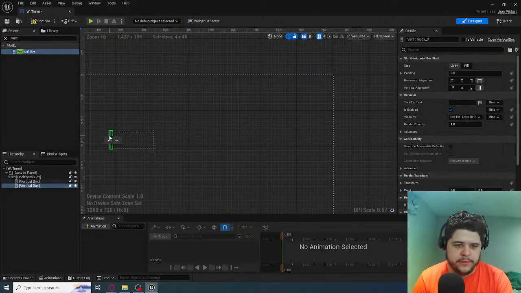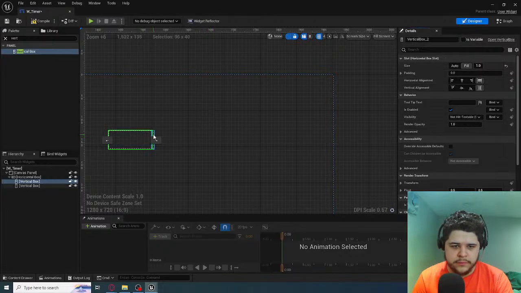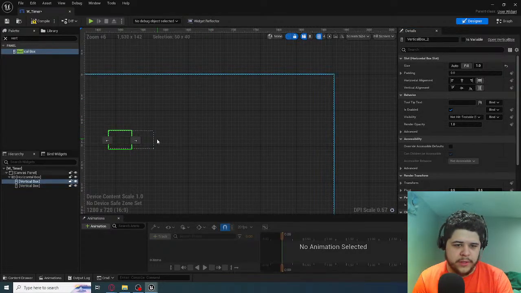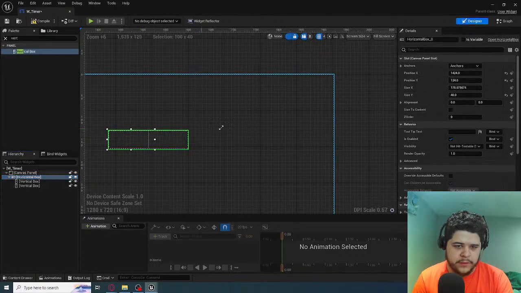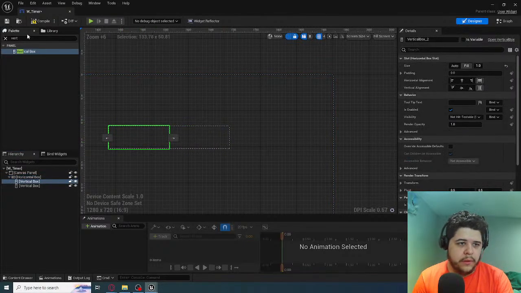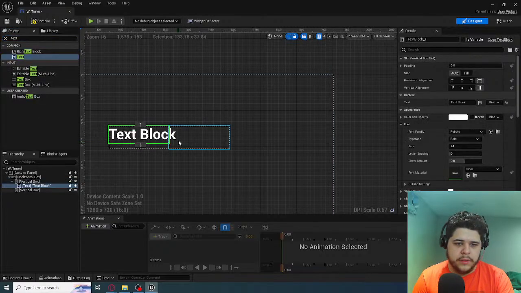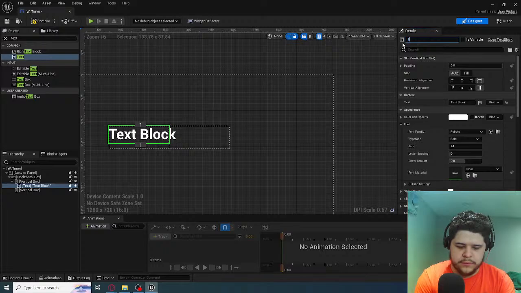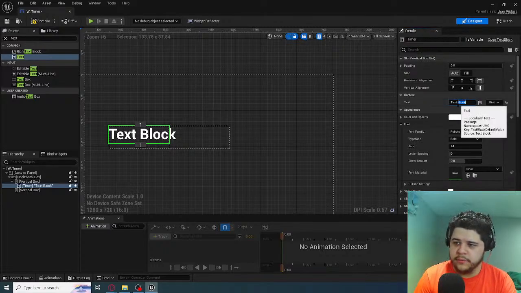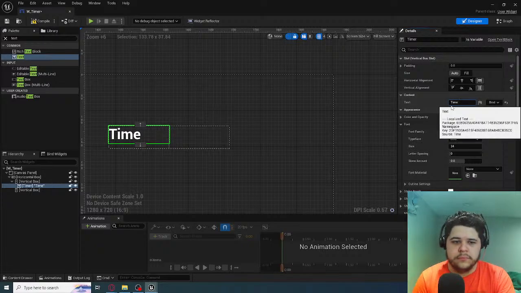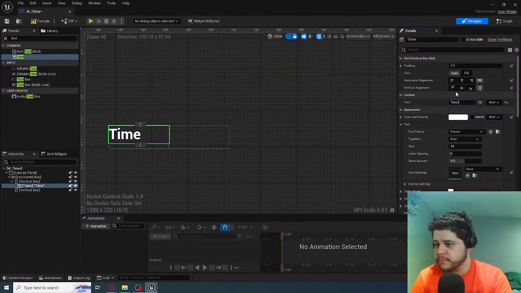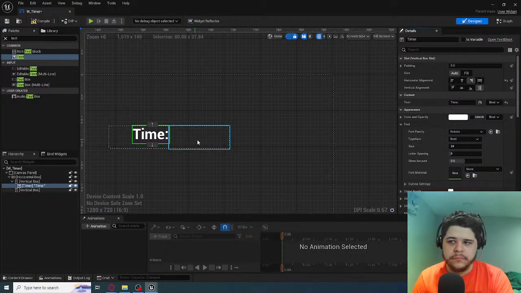Add two vertical boxes to the horizontal. Put them on both fill so we can do that. Make this bigger. On this one, then we put the text. And this will be timer. It will say time. And it will be like over here. And then on this one,